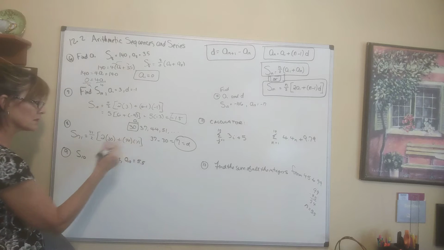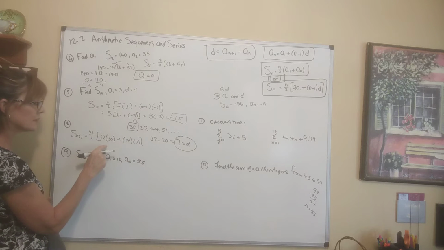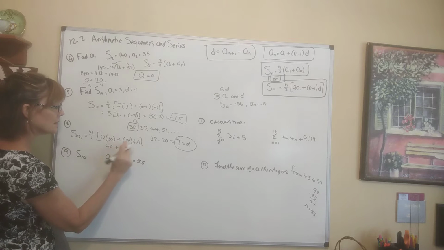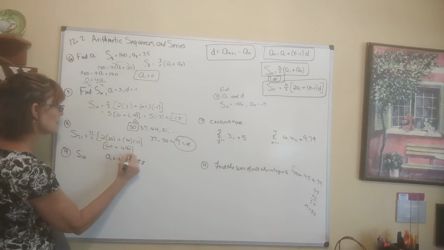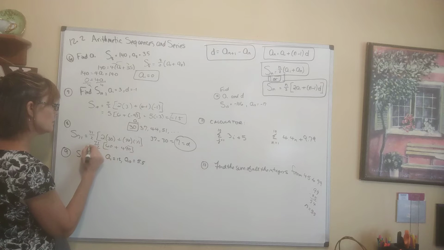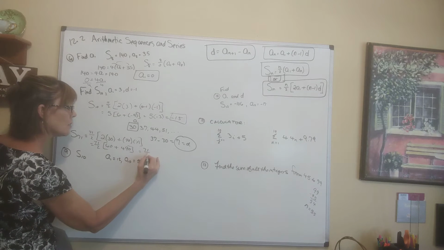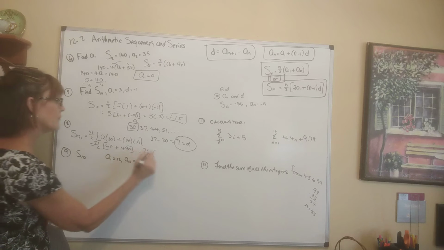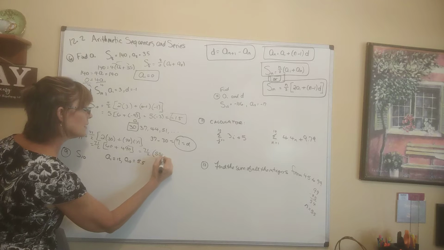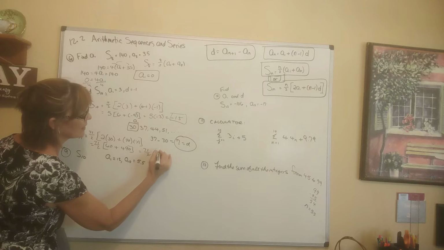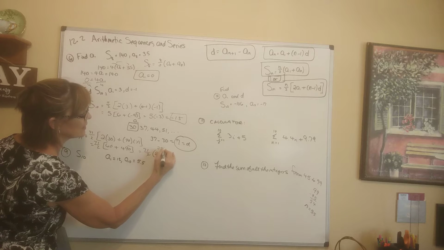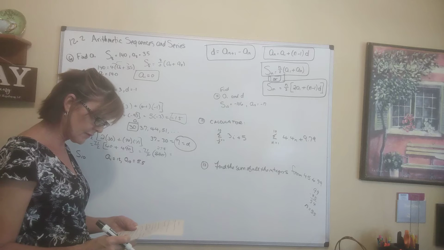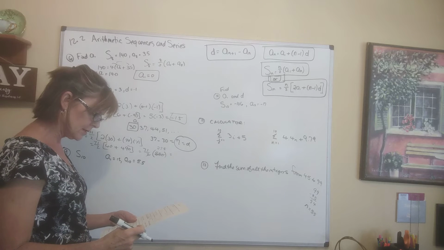All right, this is just not that bad. Inside my parentheses, I have a 60, I have a 490, 7 times 70, I have a 71 over 2. This is equal to 71 over 2 times, what is that going to be? 550. If I divide 2 into that, I get 275, I think. And 71 times 275 is,